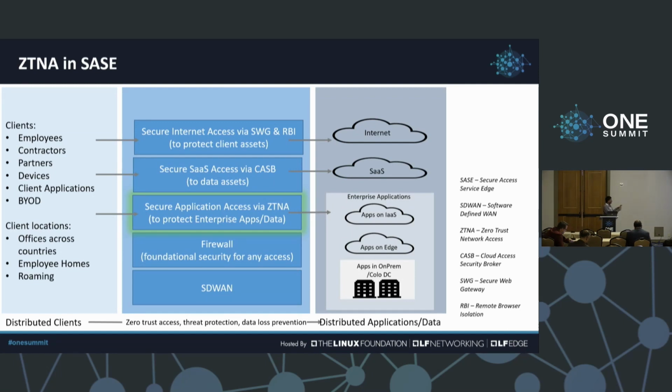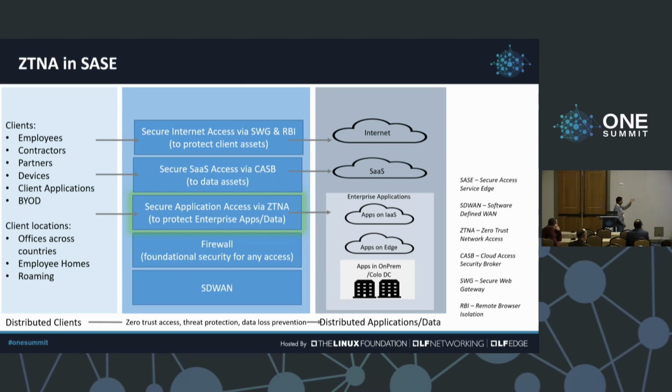So this is a big picture. A lot of acronyms here. SASE is Secure Access Service Edge. The term is coined by Gartner. It's really a network security stack, right? Provided as a service. And that's what SASE is all about. So if you look at this picture,